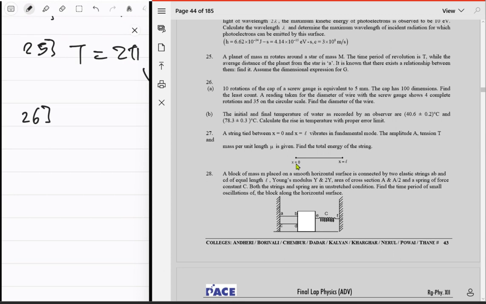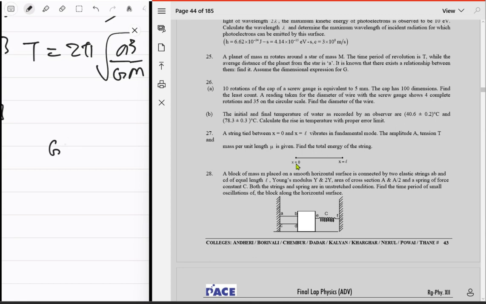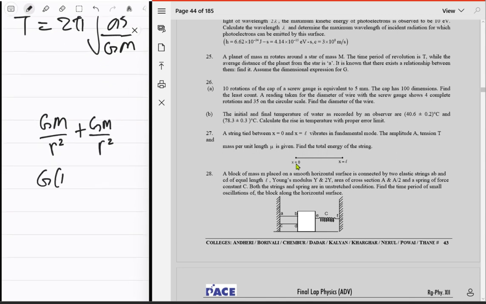Wait, it's kind of weird, isn't it? Of course, wait. So उसका acceleration 2 GM upon r squared? No, उसका acceleration बताएगा ना. Okay. Wait. उसके according तुम्हारा acceleration कितना है? So just GM upon r squared, that's the force, but इसका खुद का acceleration है g small m upon r squared. So actually just G capital M plus small m upon r squared is the actual acceleration that it sees